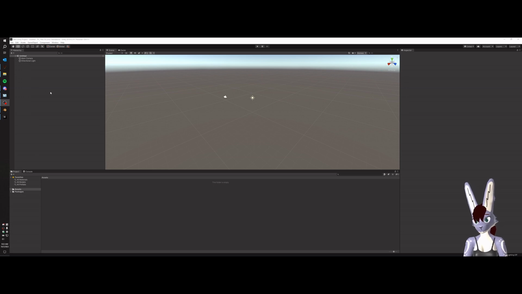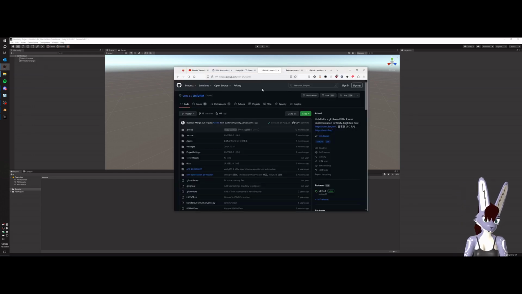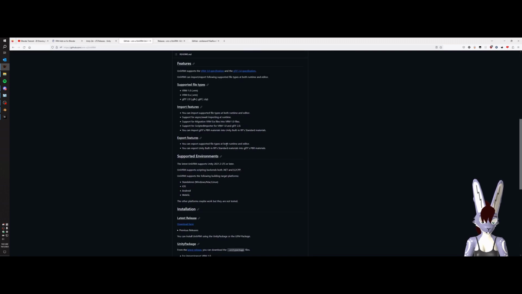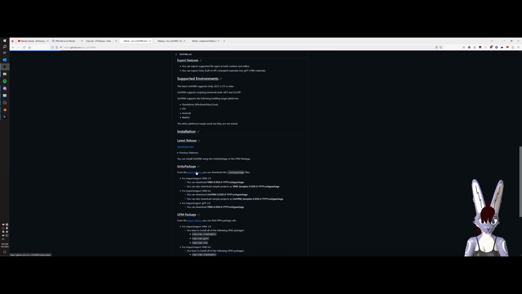2019.4.31f1. Once you have your Unity running, you're going to navigate to GitHub, and you're going to download the Unity add-on called UniVRM. And you need to download a specific version. So this is what the page looks like. Once you get here, you go to the latest releases page,